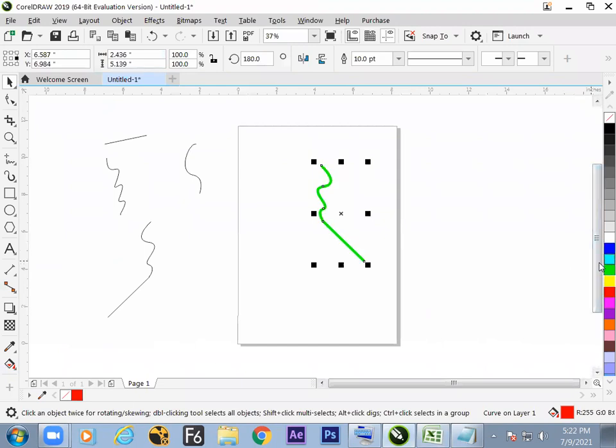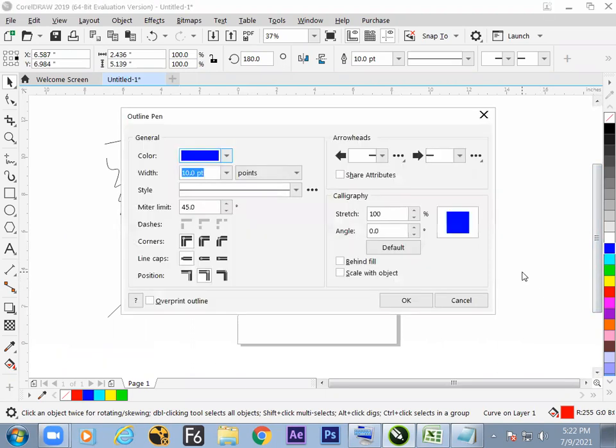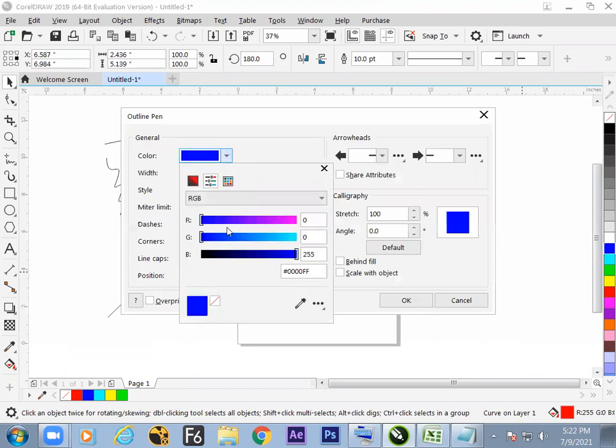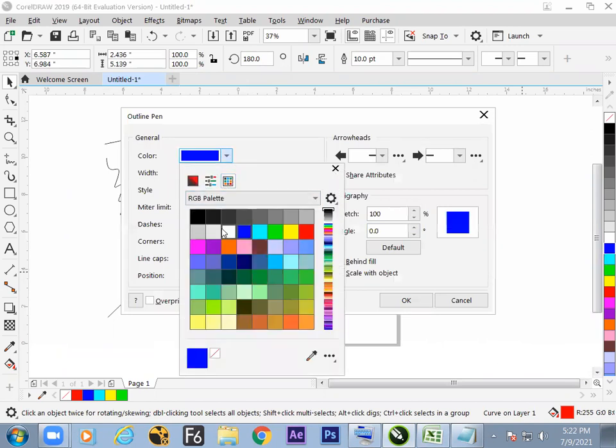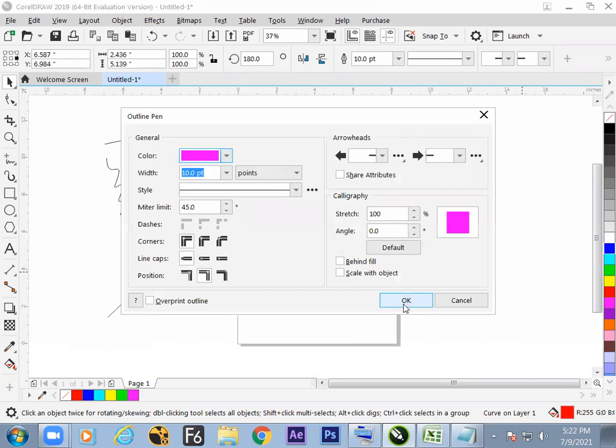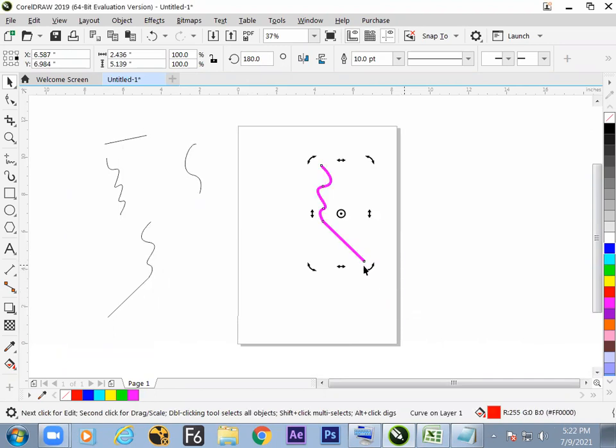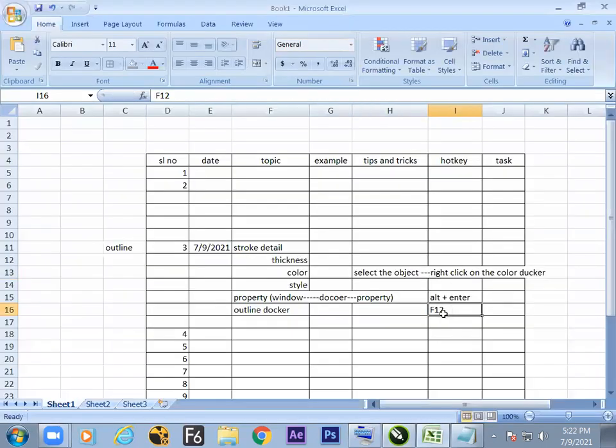So it is the fastest way to change the color. Hope it is clear. Now the same F12 window is also there to help you change the color of your choice. Now we know how to change the color in two different ways in CorelDRAW. One is the docker, which is on the right side of your user interface. The second one is the F12 button.